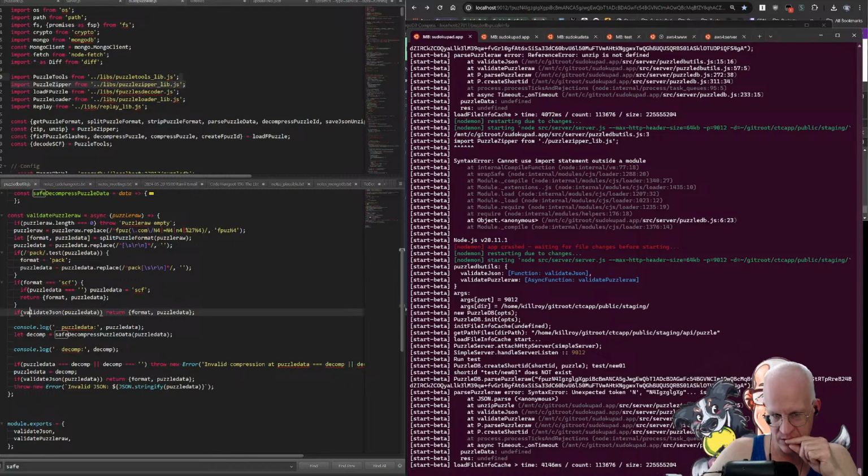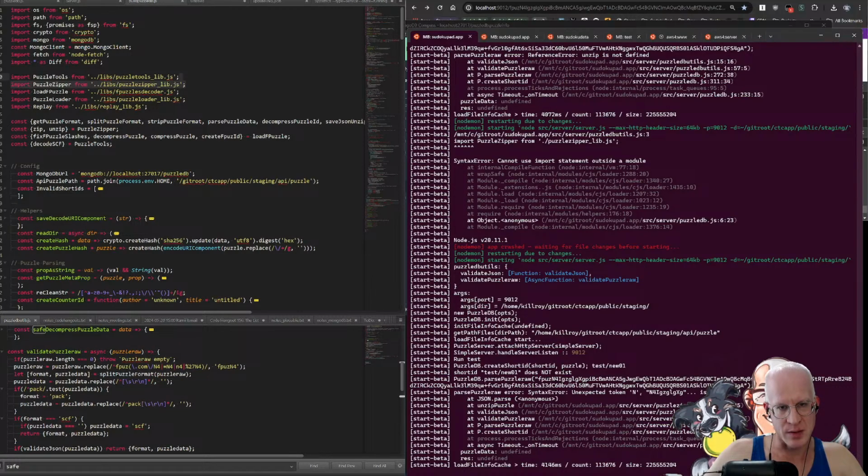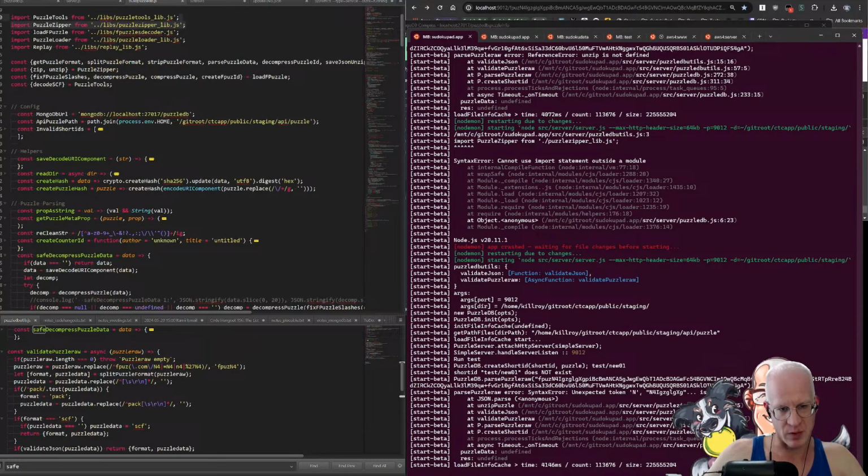Is not valid JSON. Yeah, because we're depending on this returning false instead of throwing the exception, because we're going to execute that multiple